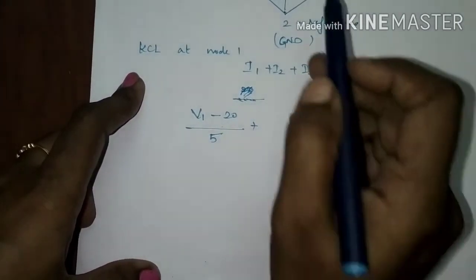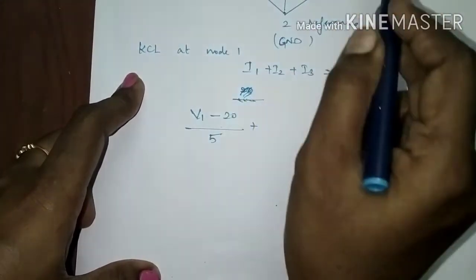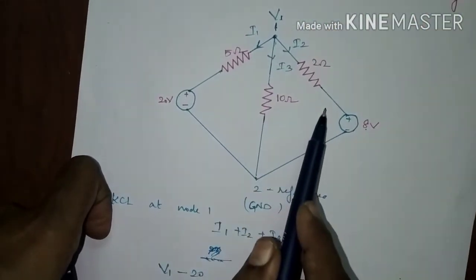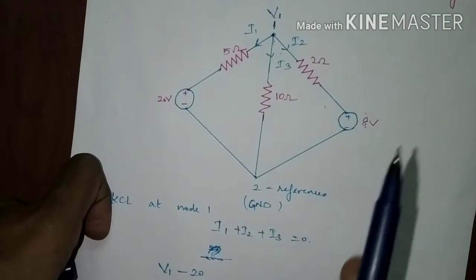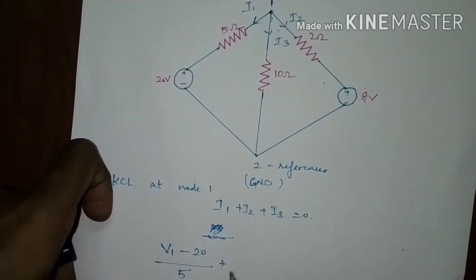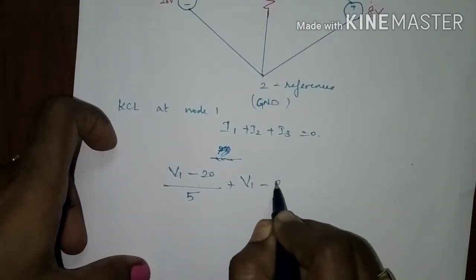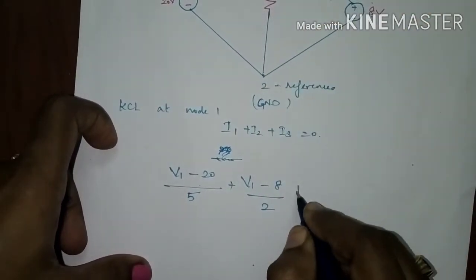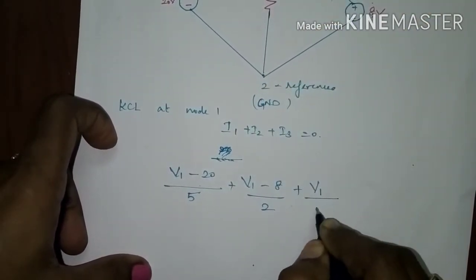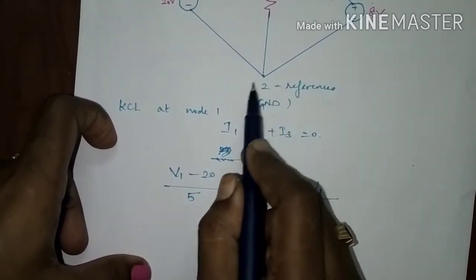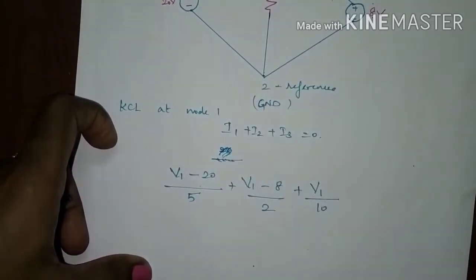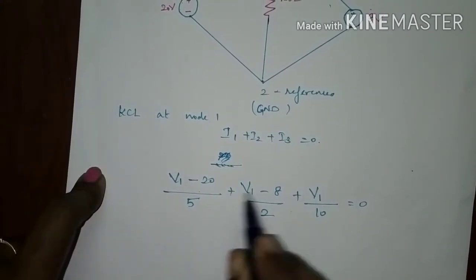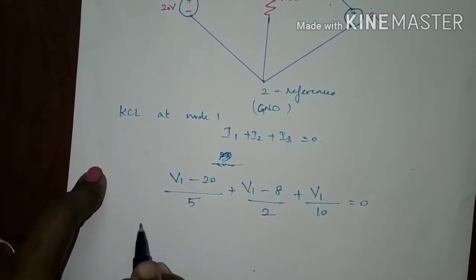I2 can be given by V1 minus 8 divided by 2. This branch is under the potential difference of V1 and 8. So, I2 is V1 minus 8 divided by 2. I3 can be given by V1 divided by 10, since the other end is grounded and its voltage is 0. On solving this equation, you will get